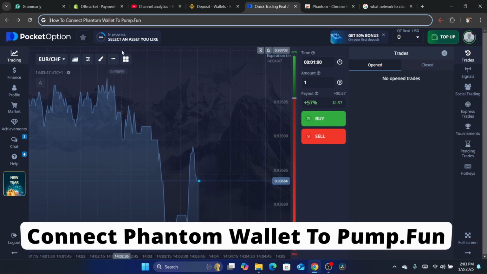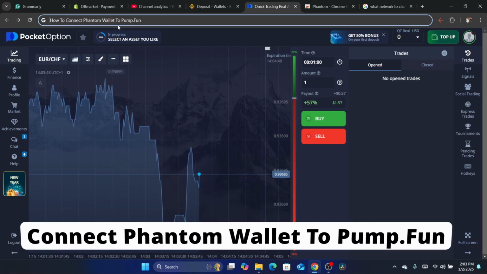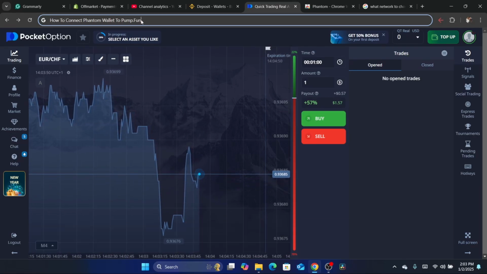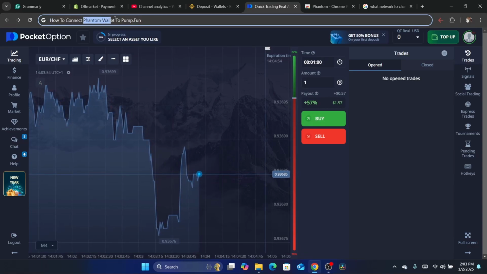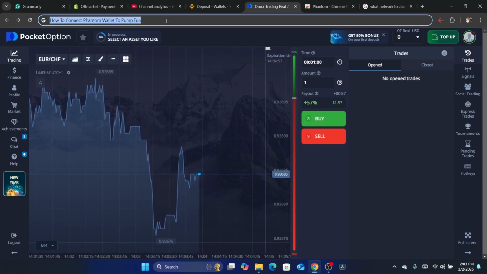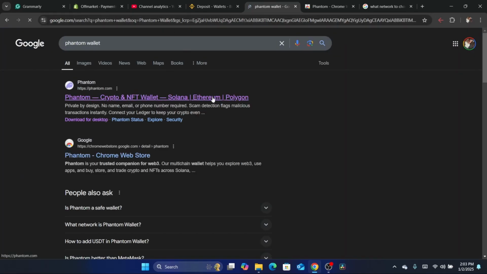Hi guys, in this quick and easy tutorial, I'm going to be showing you how you can connect Phantom wallet to Pump.Fun. This is going to be a quick and easy tutorial. Now, first thing you need to do, guys, of course, you can do the exact same steps on your